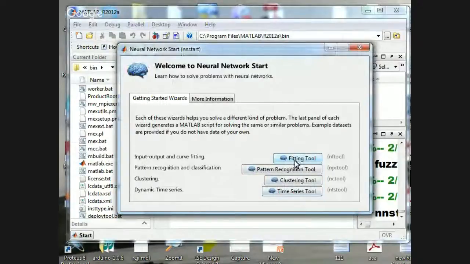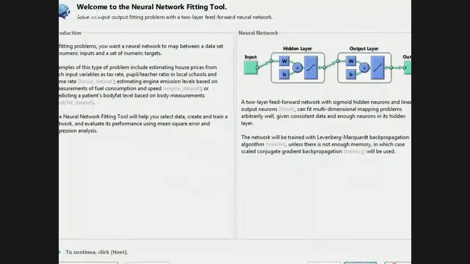Okay, there you have pattern recognition, clustering tool, and all those things. You can try that also. So first, click on this fitting tool. So this window will open. This is the fitting tool window, and here you can see this is the